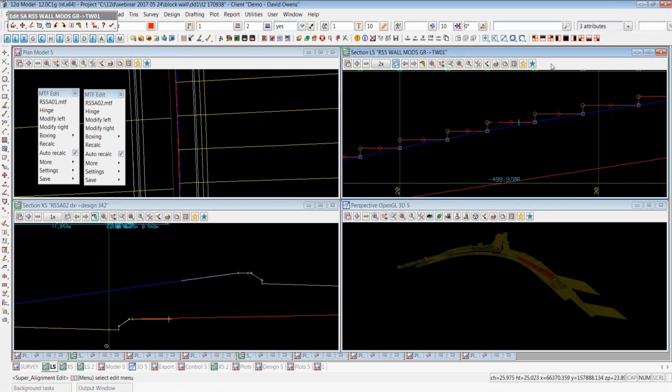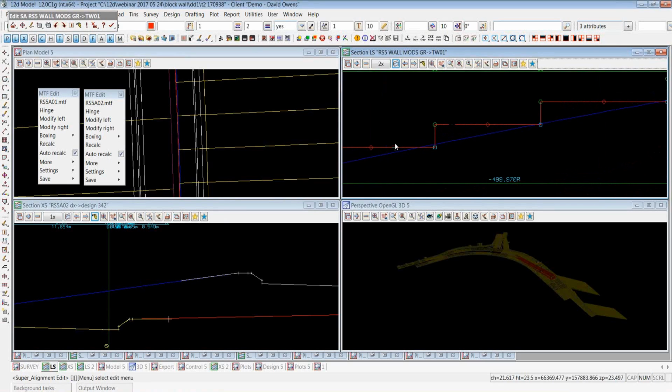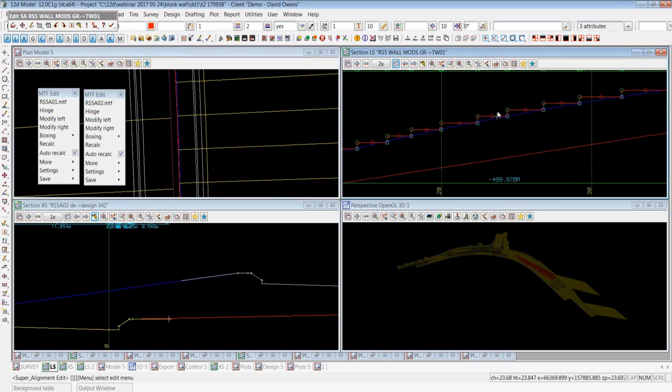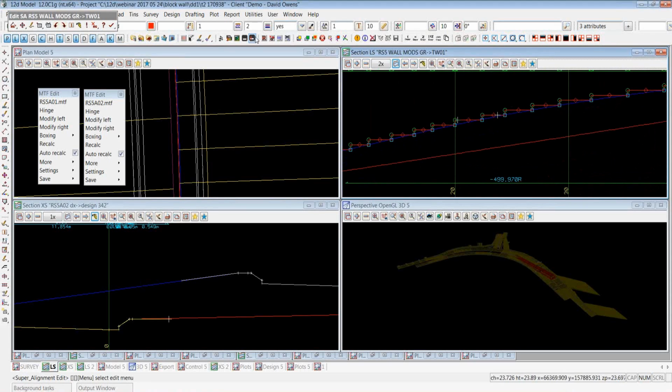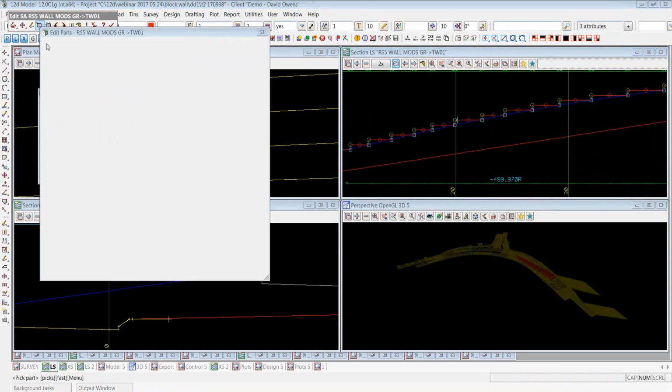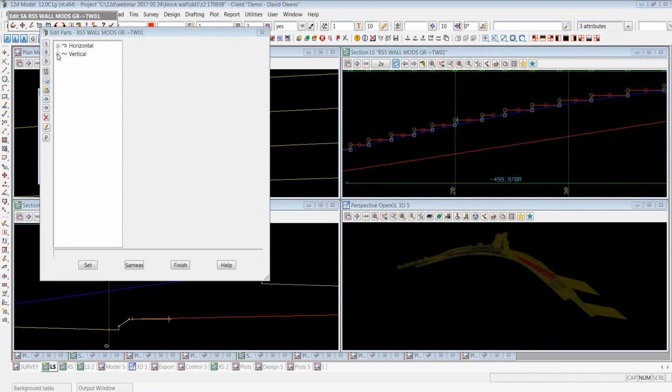Okay? If we just did it at a regular chainage interval, we might get one cross section here somewhere, another cross section up here somewhere, and it'll completely miss this big change in elevation at the top of the wall. So the trick in this case is lots and lots of named parts, and they're in the vertical